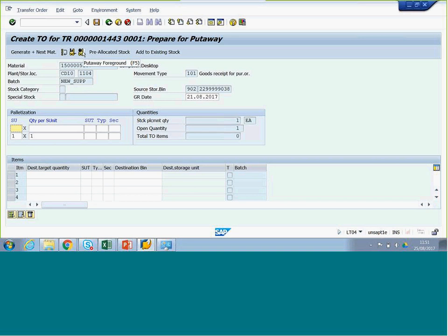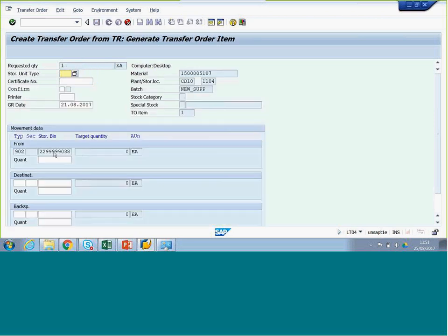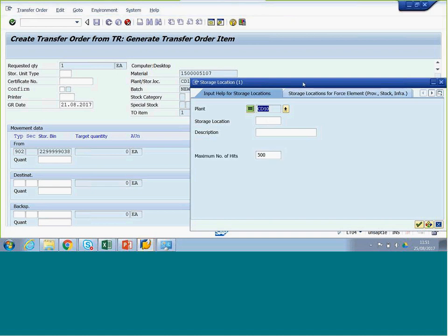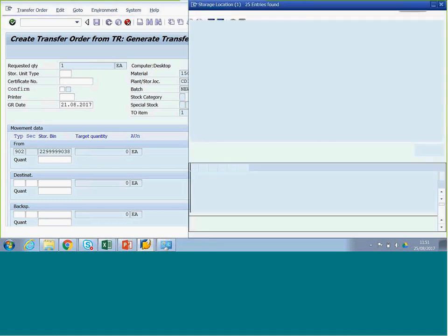We click on the put away foreground button, right? And the material ID, we have even the inventory information, right? We have that MONUSCO, and we even have the storage log, that is the inventory part. We didn't explain that, so, with inventory part. So in plant MONUSCO, the storage is